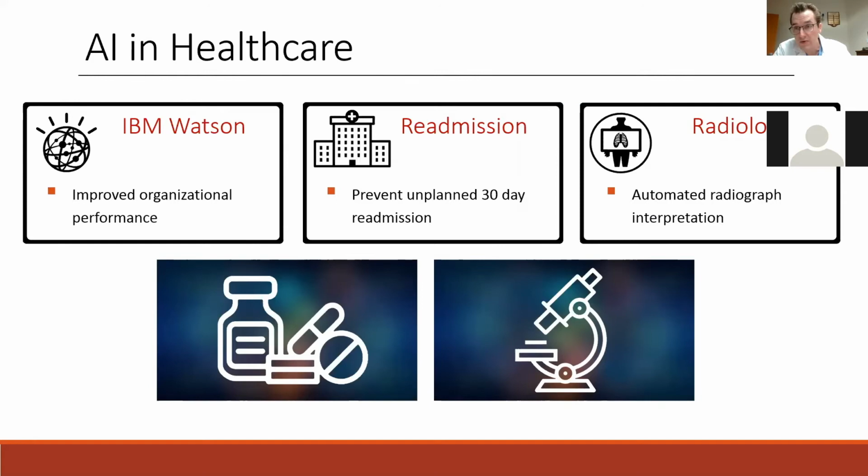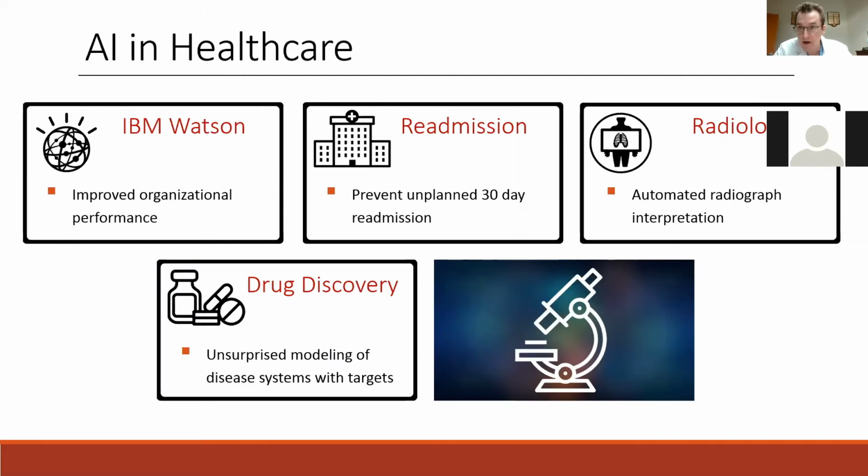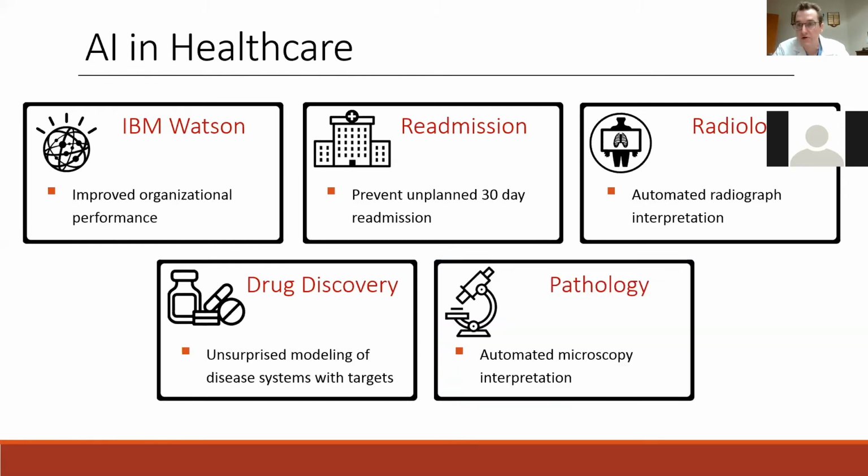Radiology. So now we're getting into an age where automated radiograph interpretation is more and more common, and that's simply done by artificial intelligence understanding of differences between images. Same thing for drug discovery. You can use unsupervised modeling to understand disease systems and look for novel targets, which can go all the way down to the level of looking for protein motifs that may be associated by looking at different drugs and things. It's very exciting. And then pathology, so automated microscopy interpretation, very similar to the way it's being used in radiology.